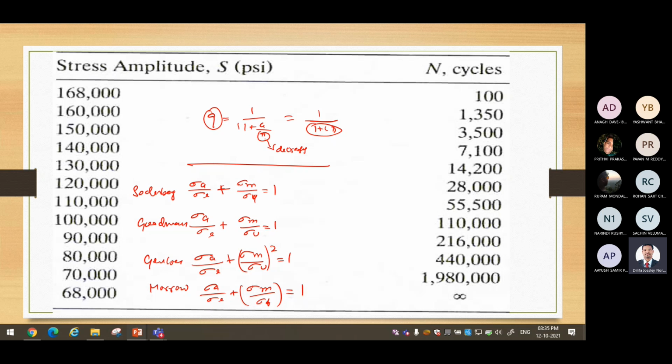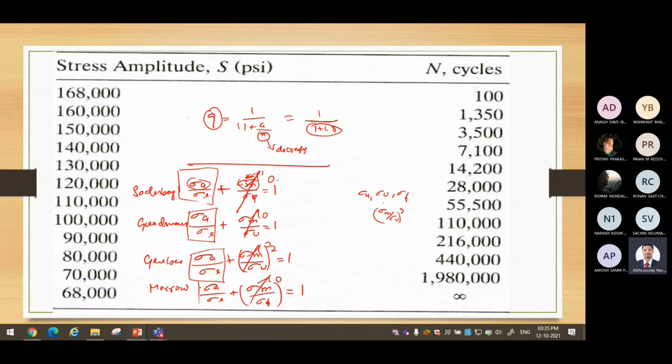If the mean stress is very small, this sigma m value is very small, let us say 1 unit. Though your yield, ultimate or sigma f is different, or you have the ratio sigma m by sigma u whole squared, it becomes further small. So the entire term is very small, almost equal to 0. When the mean stress is small, the effect of these terms is very small compared to the large amplitudes.